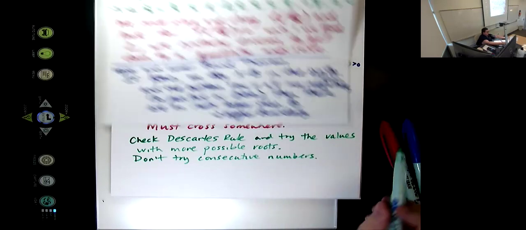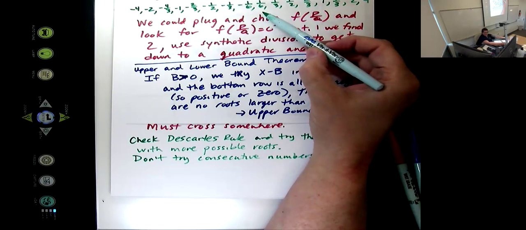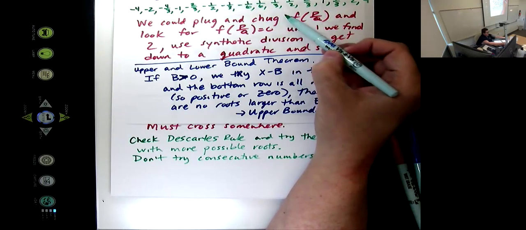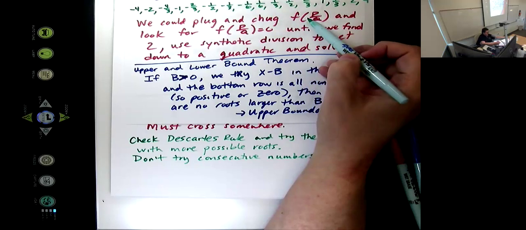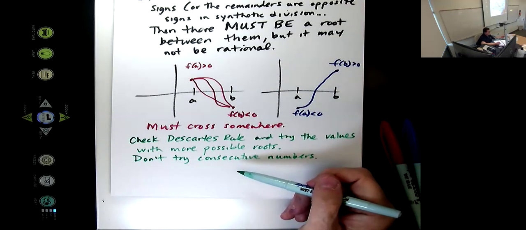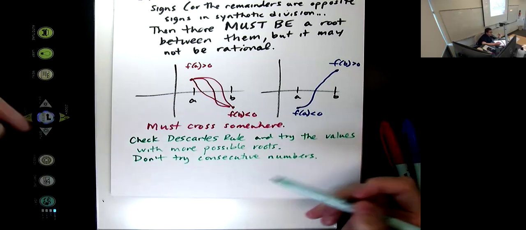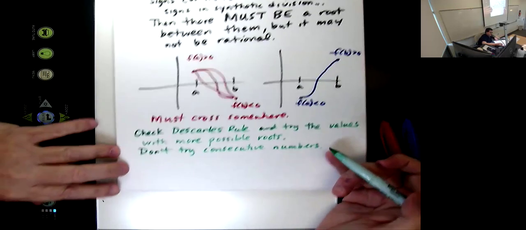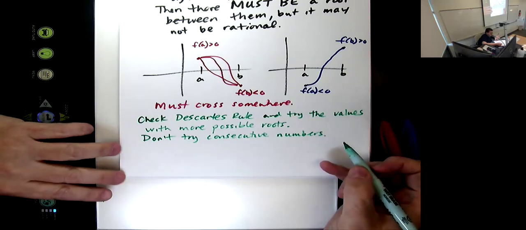Okay, so I would alternate here, because if I try 1/2 and 1/6 and there's a sign change, then I know 1/3 is a good shot. But if I just keep trying them in order, I can't take advantage of that last theorem. So avoid consecutive numbers, because that way you can see if they change signs. Also, because of the whole upper lower bound thing,